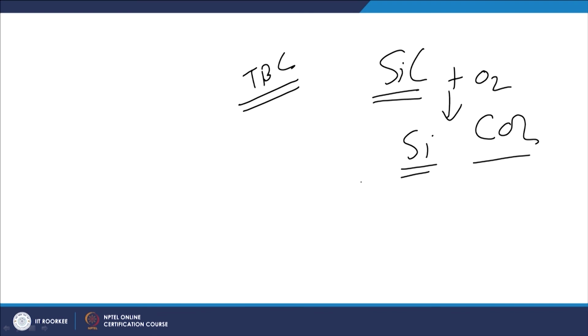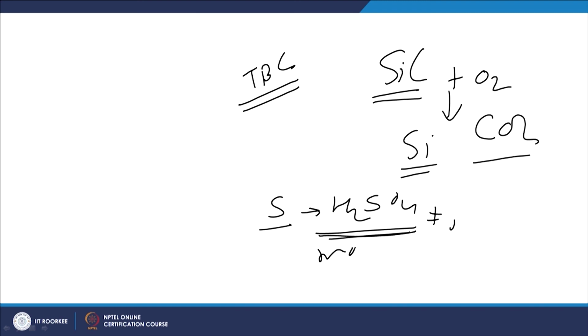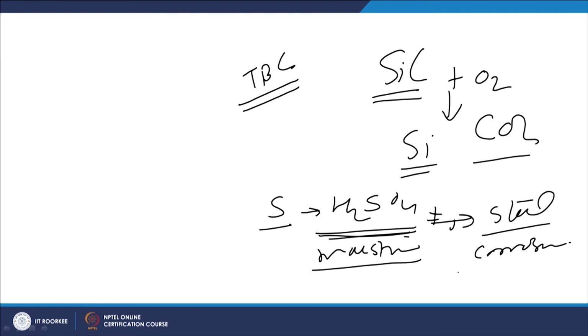At the same time, another observation is that in fuel, if there is sulfur, it forms H2SO4 after reaction with the gases plus moisture. So, the presence of moisture and the presence of sulfur leads to the formation of H2SO4, and with steel, this H2SO4 causes corrosion and material damage, and that is why we need to be careful that the formation of such acids does not adversely affect the thermal barrier coating material.